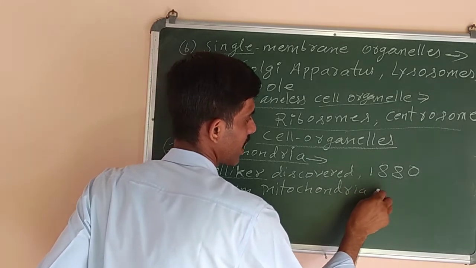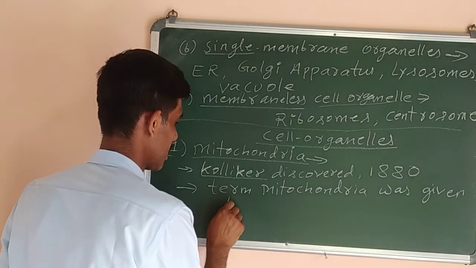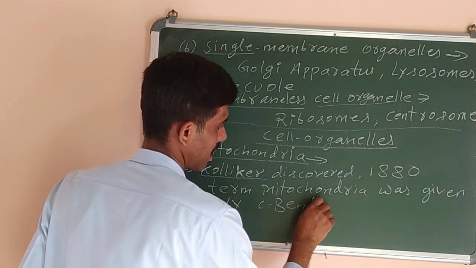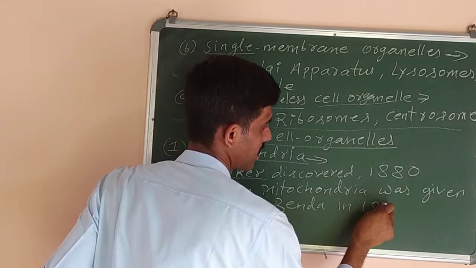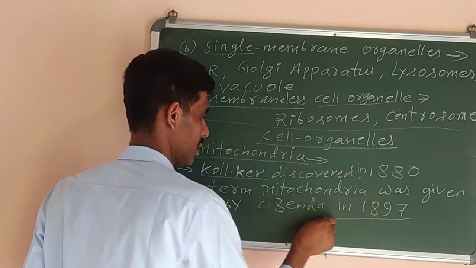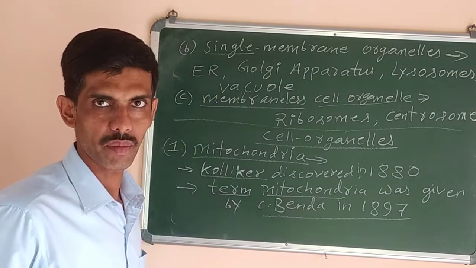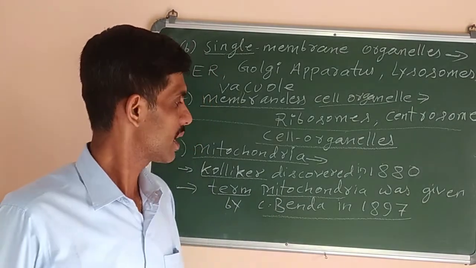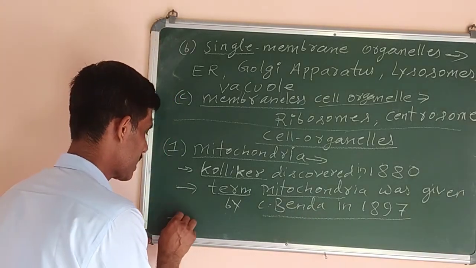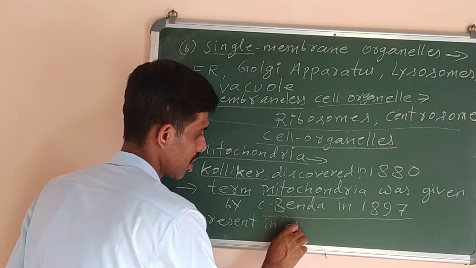The term mitochondria was given by C. Bender in 1897. Okay, I have not written yet, just C. Bender in 1897. What was his contribution? He gave the name that it is called mitochondria. It is found in this cell organelle, it is present in all